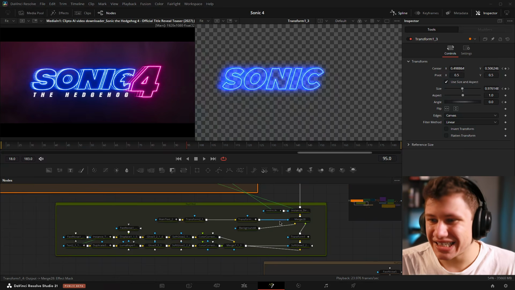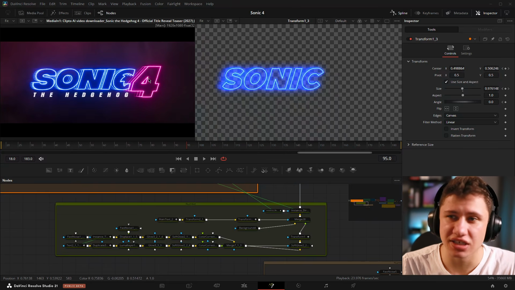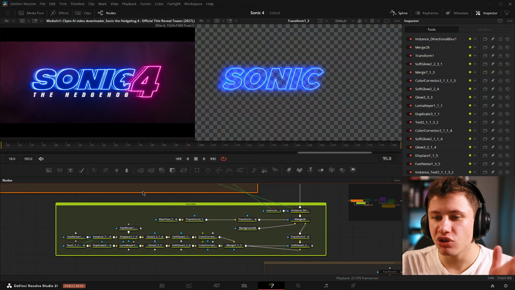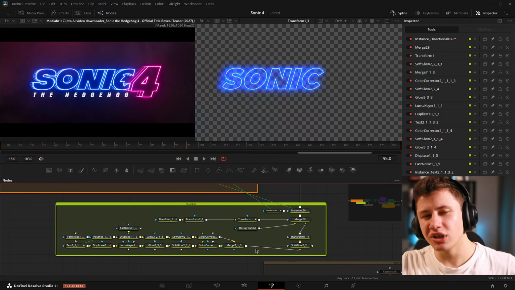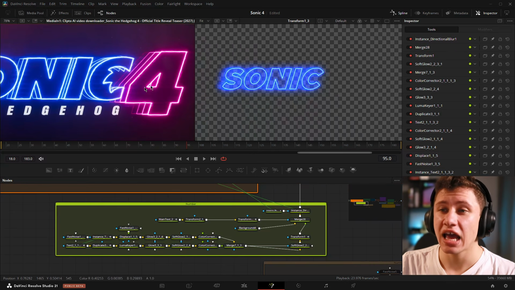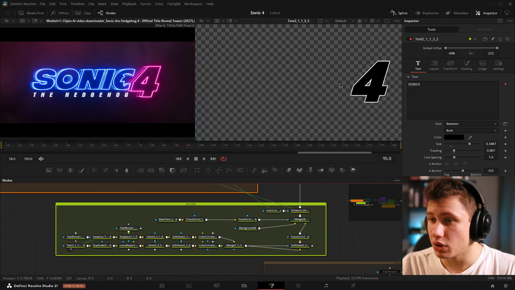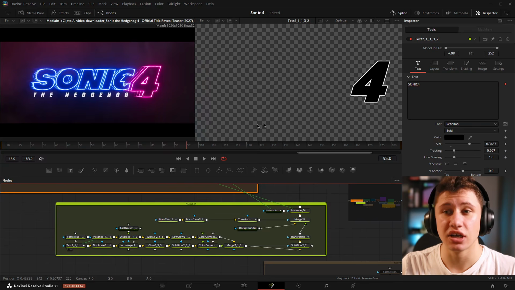All right, the next step is going to be recreating basically the same process for our number 4 here. And I actually ran into a really weird challenge when doing this, which, believe it or not, has to do entirely with the color. So we're going to start off with the exact same method that we did for the